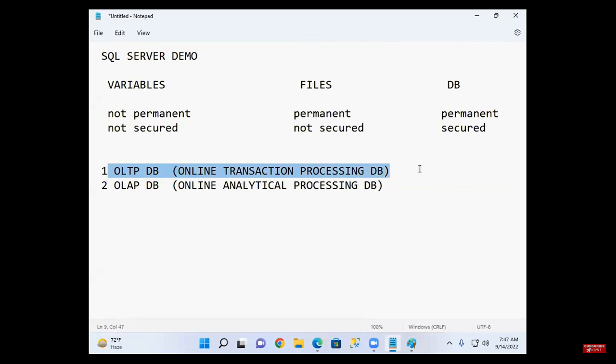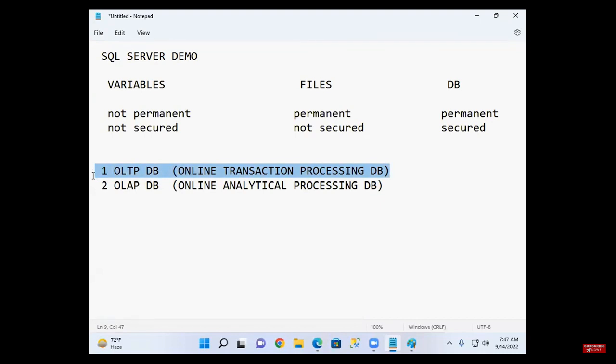Sometimes people go to the bank and the staff say, boss, the server is down, wait for 10 minutes, wait for half an hour. Yes or no? That means the bank OLTP server is down. When it is down, it will not accept transactions.